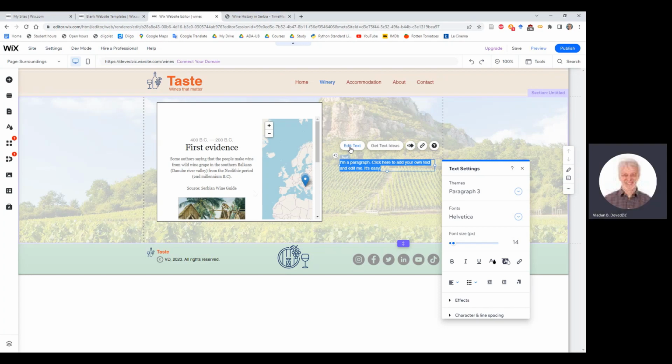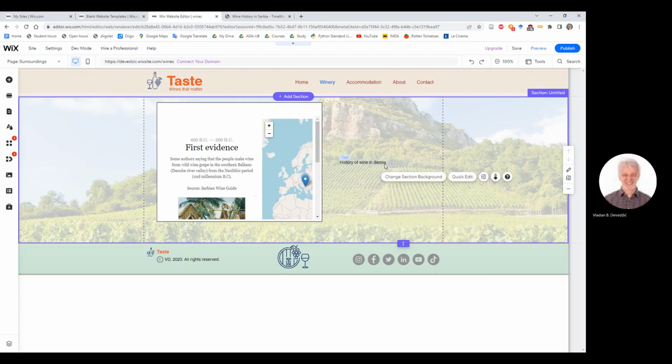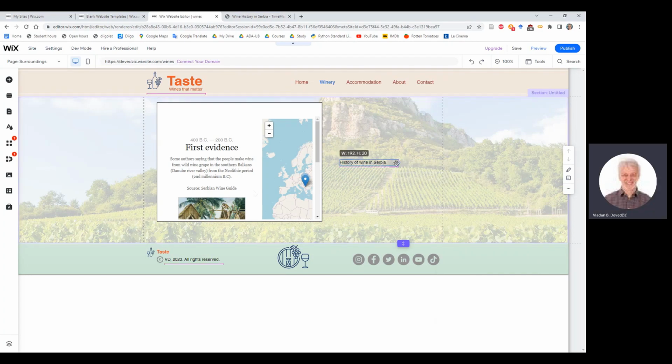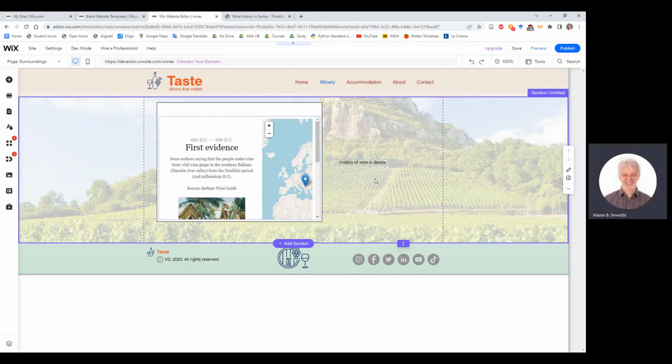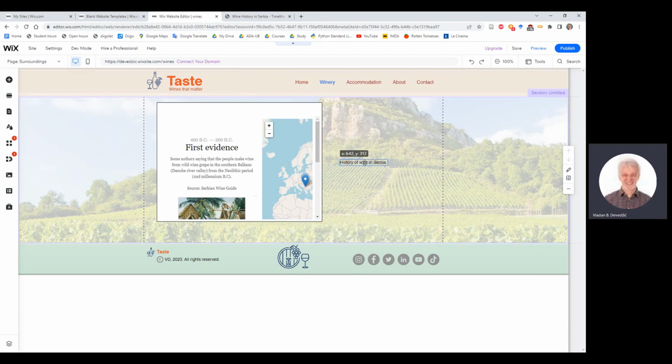Add a text, then this is the history in Serbia. All right. Then once this is done, I also want to move this small piece of text somewhere